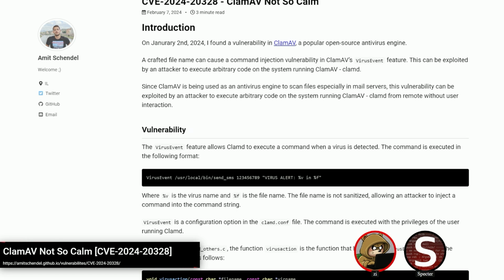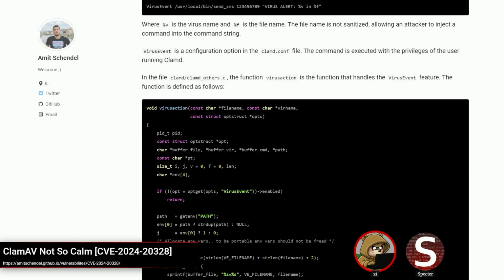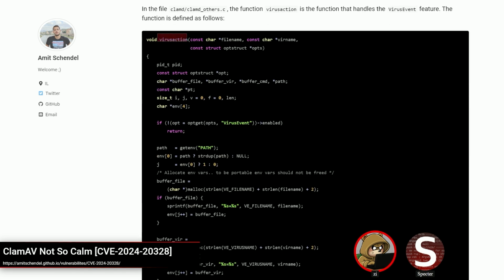So this can be disabled, not by default, but it feels like the sort of thing where, if you're running ClamAV, why would you disable virus alerting? I don't get why you would, but somebody out there must have a use case because it can be disabled. And ultimately, for the issue, if you come through this virus action function, you get through the C,